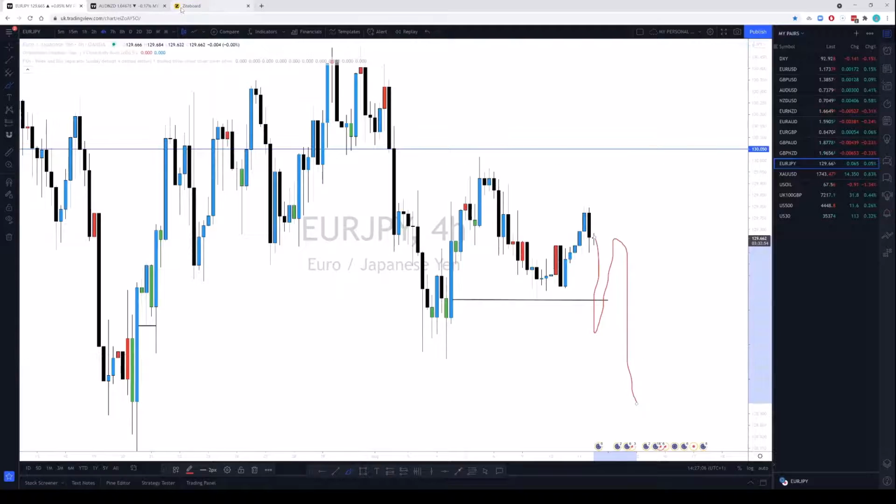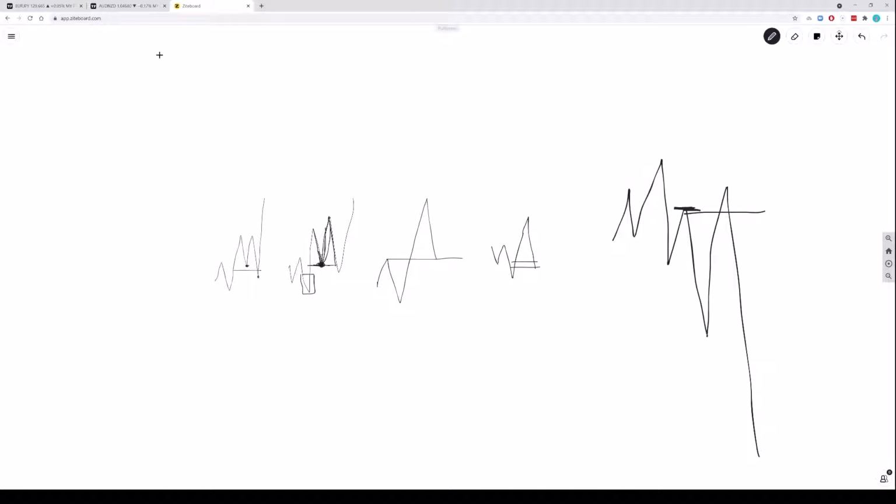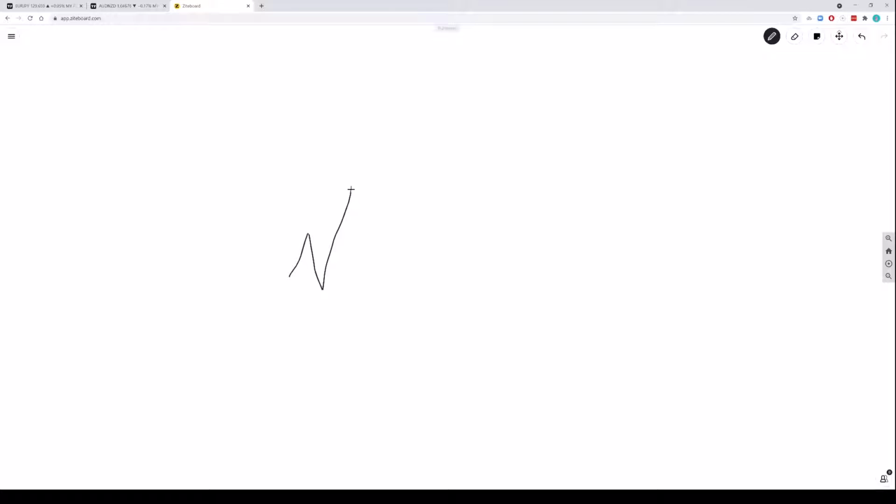All right, now the secret and how you know that it's an inducement is this here. The breaker. Okay, the breaker. Anytime you want to see if it's an inducement, look at the breaker, because it's the breaker that will stop it from actually going. So this one might look like the opposite of a market structure break, because if you see it this way,